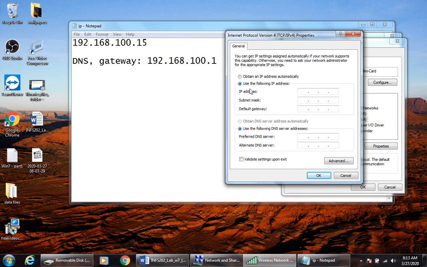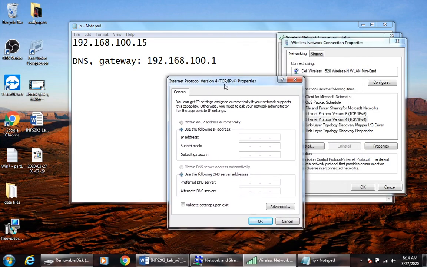Again, as I told you, you cannot just enter any numbers here and then press OK, because if this number doesn't match the IP address, or the network address, of the connection you are joining, that of course will not make your computer connected to any network. So that's why it has to be determined, and it has to be carefully chosen. So we can now write down our IP address that we have taken from the